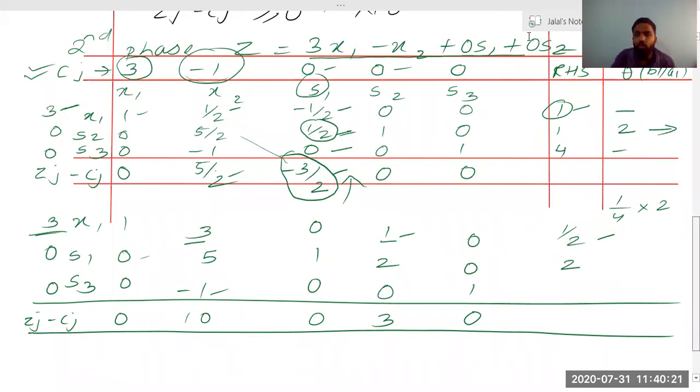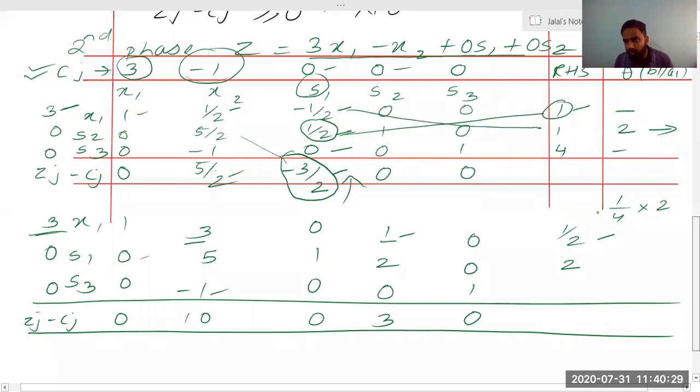1 by 2 plus 1 by 2. Oh, so sorry. 1 by 2 plus 1 by 2 is 1, not 1 by 4. I multiplied it by mistake. So this will come out to be 1 into 2, which is 2 only. Okay. Now this value will be again 4 by 2 minus 0. So 4 by 2 is 2, 2 into 2 is 4. So we have got this value.